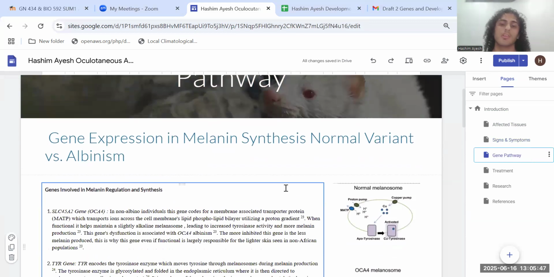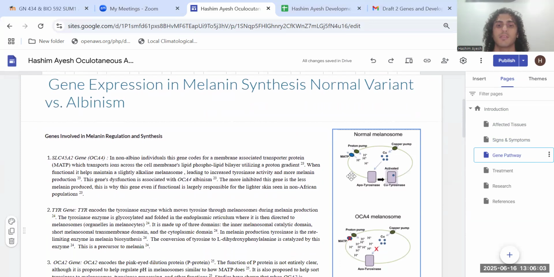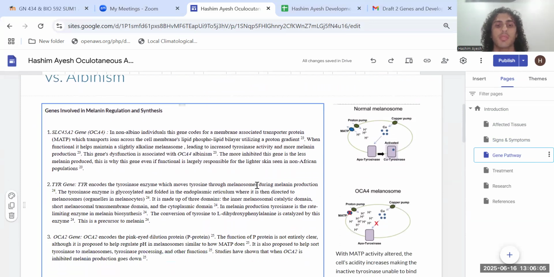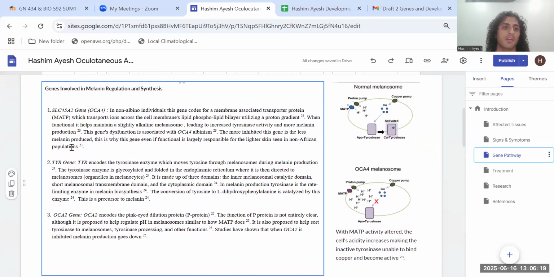Now for the meat of it, the gene pathways. Again, there's multiple types of albinism, and each one of those types of albinism is caused by a mutation in a different gene. Phenotypically, however, they present generally the same, but genotypically, there's a lot of differences. So, trying to be thorough and talk about at least some of those genes. Of course, if I were to talk about all of them, it would take a lot more than what I have here. But there's a lot. I spoke mainly on some of the ones I found interesting, in particular